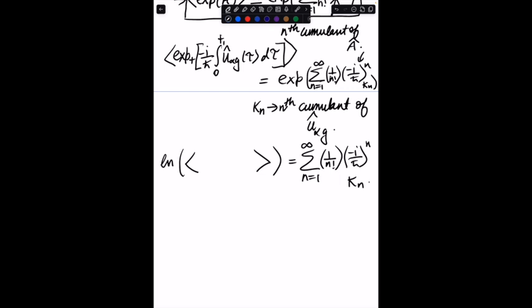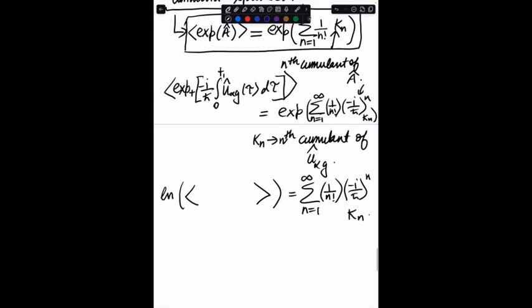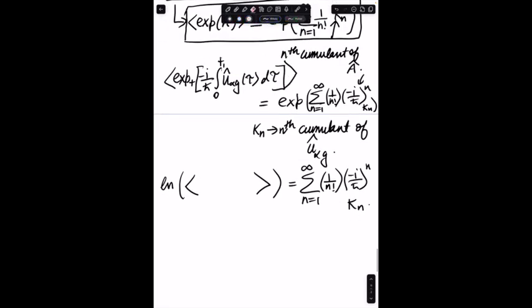So this quantity here, which is the exponential of positive minus i upon h bar, integral from 0 to t1 of u hat alpha g tau d tau,